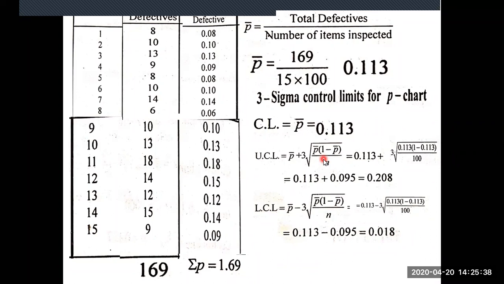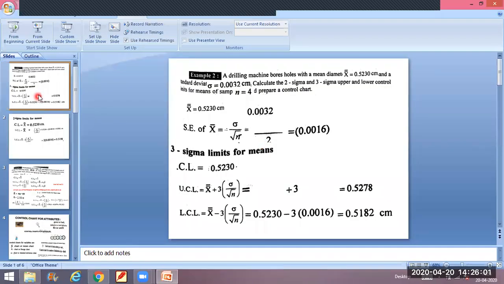How to remember? This problem belongs to the P chart, meaning defectives. If he gives the defectives, then you come across the P chart. He is asking for the fractional defective chart. That's why I am taking 8 by 100, 10 by 100. Okay, that you have to remember. So this is about the P chart. Once again I will explain this one. If you have any doubts, you can raise your hands.